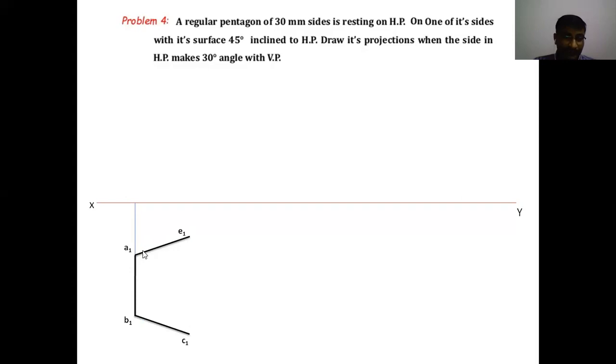Draw a line at 108 degrees from C1 and E1 to the lines A1 E1 and B1 C1. So draw an inclined line which makes an angle of 108 degrees with B1 C1 at point C1. Then draw the inclined line at point E1, which makes an angle of 108 degrees with A1 E1. Like this, you have to draw the two inclined lines, which will intersect somewhere here. Then we will get D1. This point is D1. Clear?